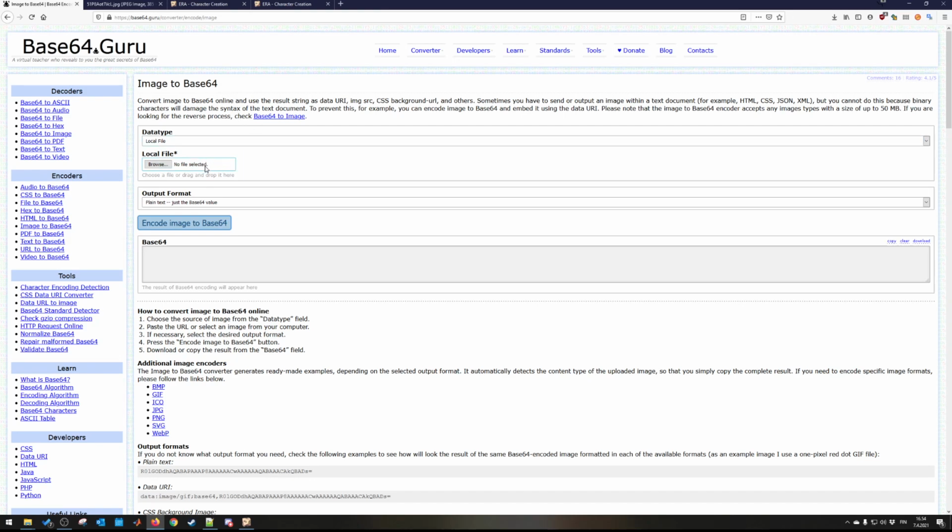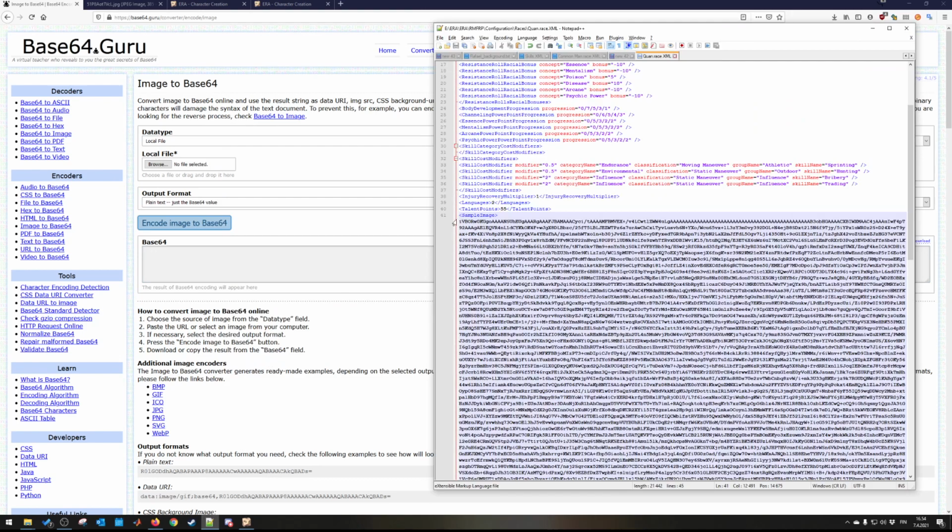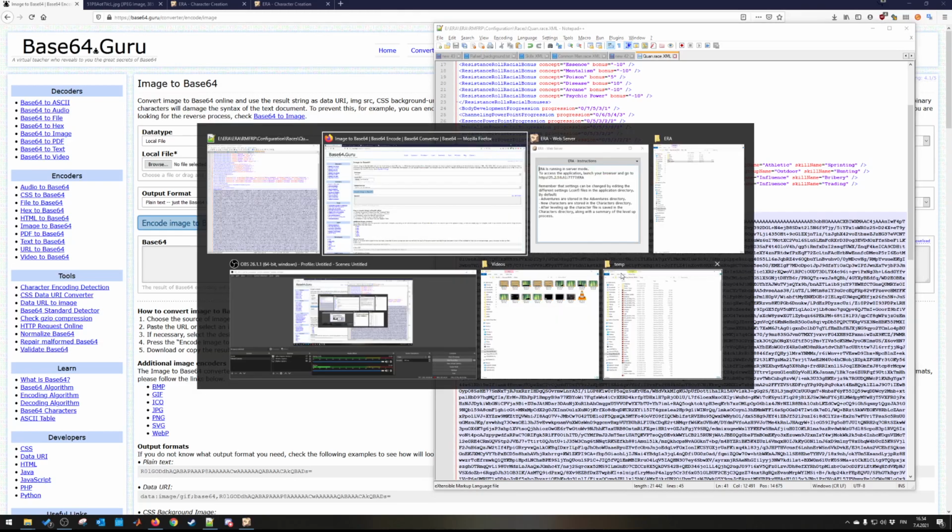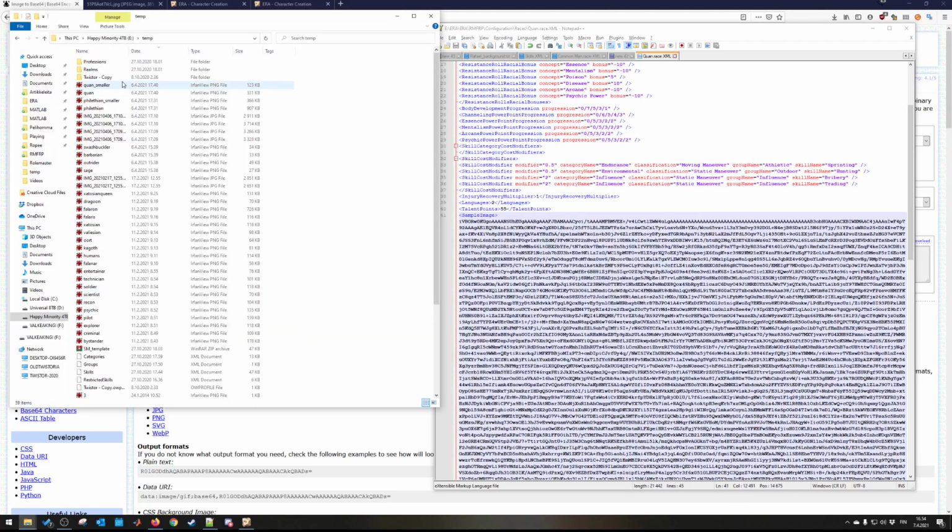Basically, any image you have, you can put here and you get the base 64 version of that, and then you just copy paste that huge wall of text into this field. I have actually done this already